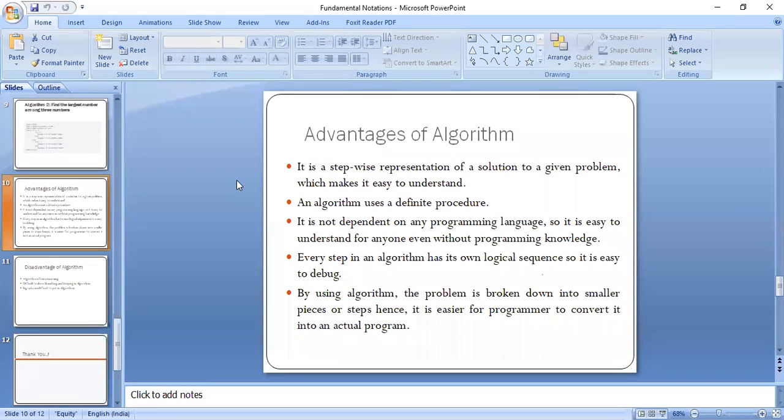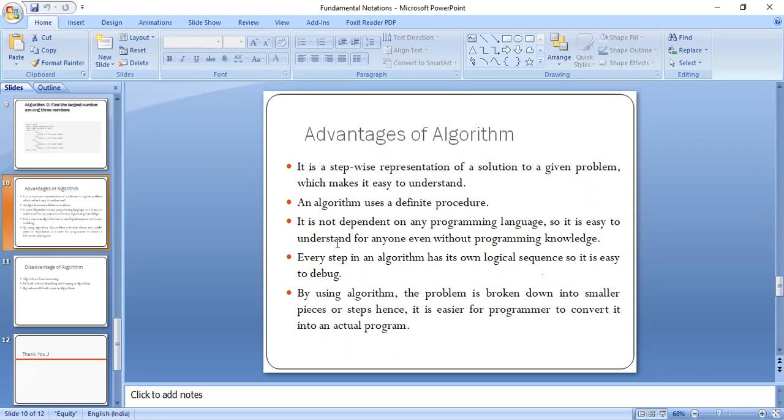It is not dependent on any programming language, so it is easy to understand for anyone even without programming knowledge. A layman can even have an idea of what the solution or the procedure could be. Because if the syntax is involved, then only the programmers can understand, no one else.